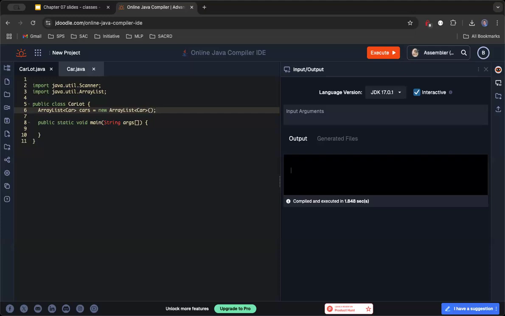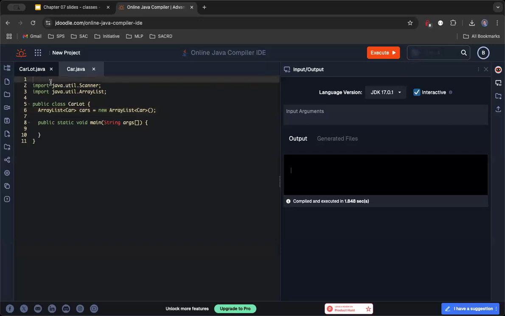Okay. So just like I was defining an array list of integers, I'm defining my data type here as car because I've created this car class, which is going to hold data. I can now use that as a data type, just like I would use integer or double. And I'm also defining it here as an instance variable of my CarLot class. This means that this is going to be a global variable in every method of the CarLot. So now I can use this array list in every method inside this class without having to